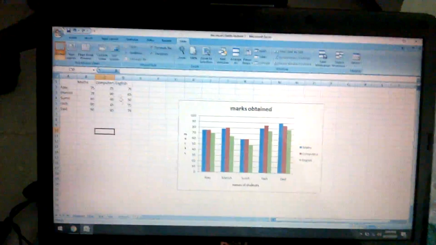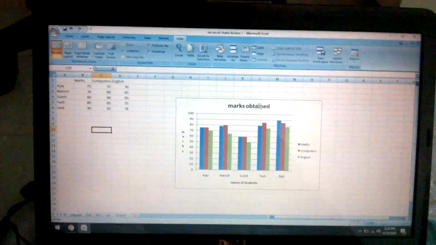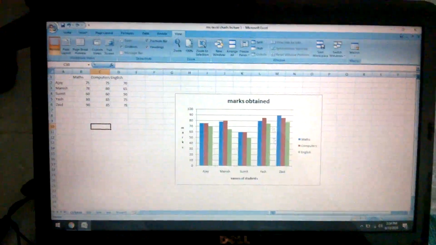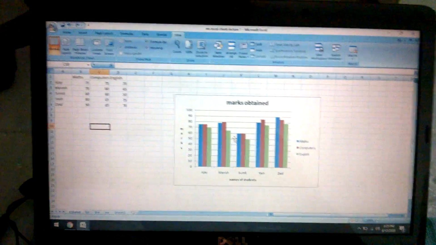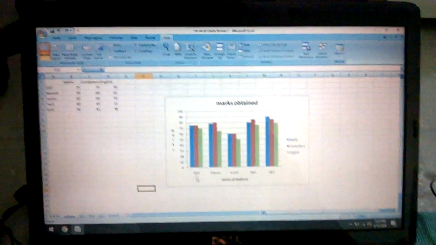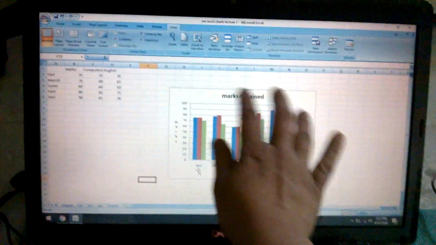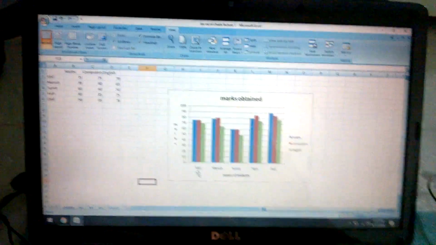Any value you change in the data, the chart changes in the same way. If you change the name, it will be a different name here. Whatever changes you make in the data are reflected in the chart.